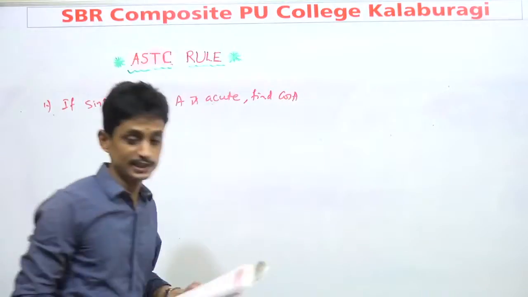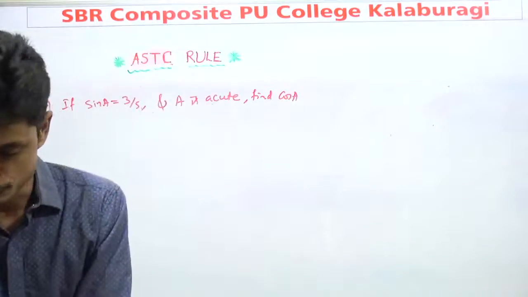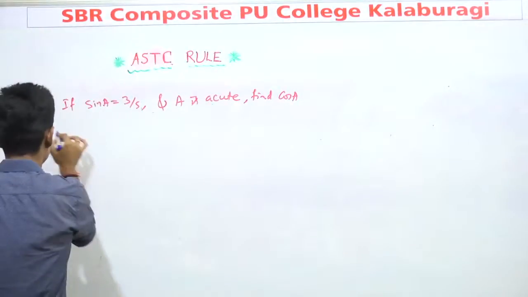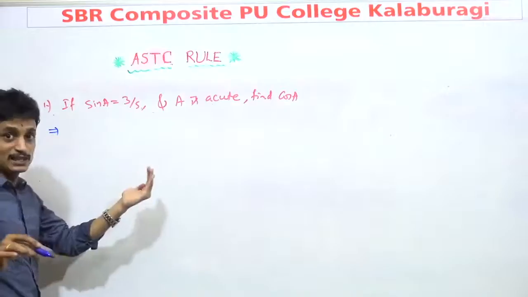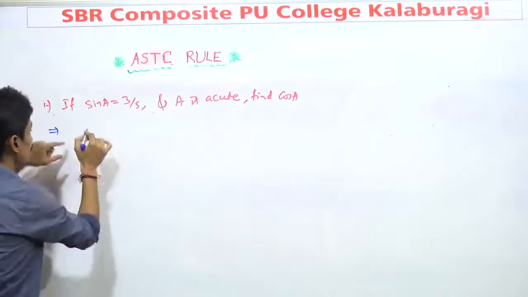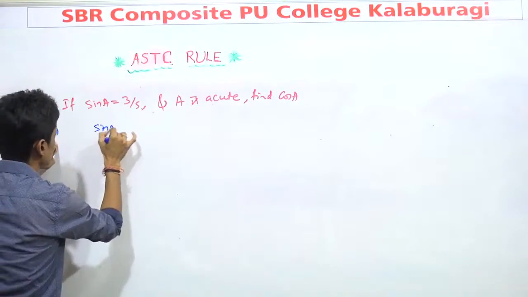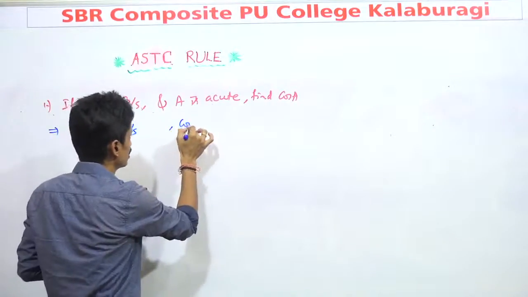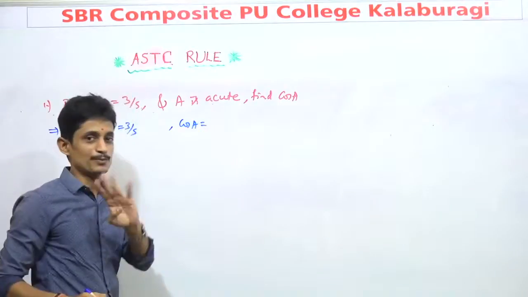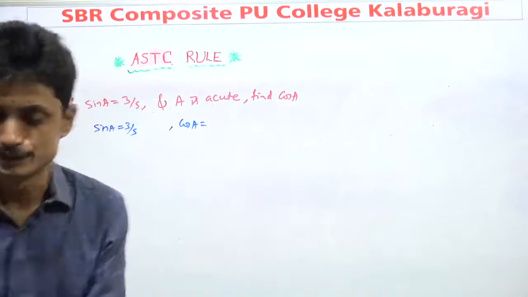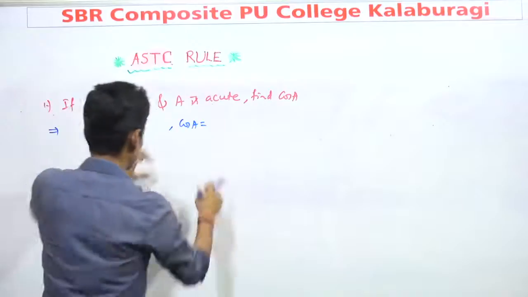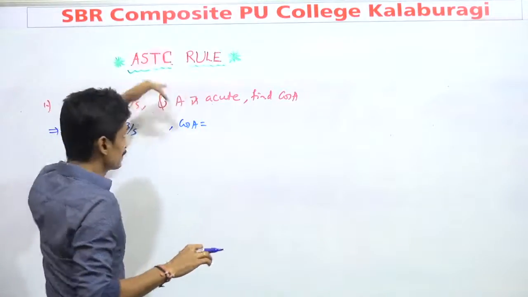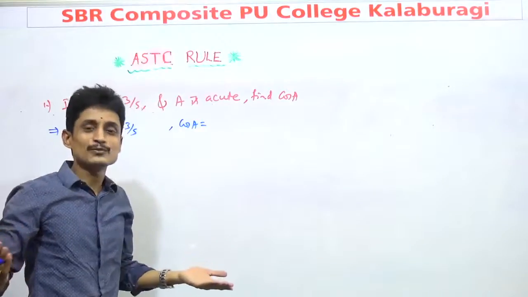cos A. Be careful in this problem because I will test the question. At this time you may be unable to answer. So in that exam paper, if we get sin A is equal to 3 by 5, then what will be the cos A? Then we will get 4 options. Be careful there. Why? They should define A compulsorily. If we don't know A, what answer can we predict?